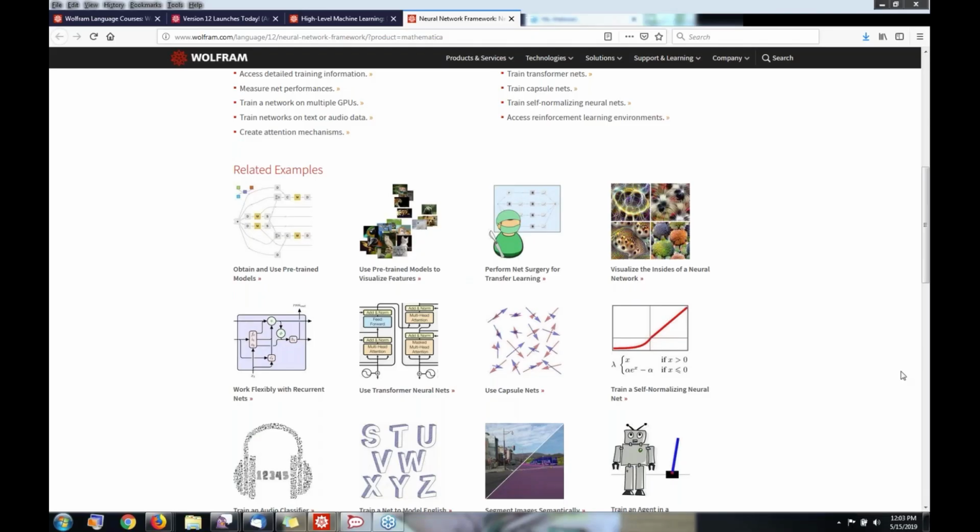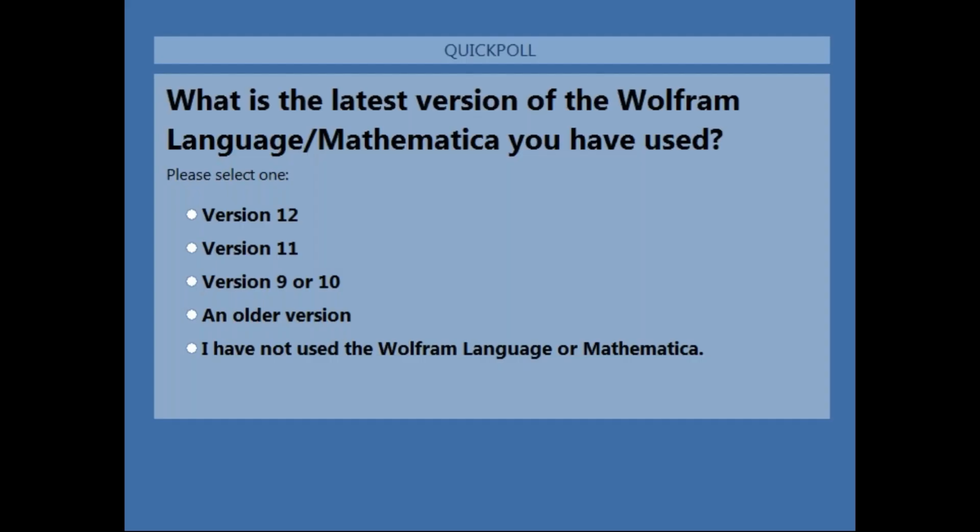The second poll I want to ask specifically about the version of the Wolfram language that you are using. The neural net framework was introduced in version 11. So it'd be good for us to get a feeling for who's here, and if you've seen the neural net framework before, how much of this functionality is brand new to you. So once again, when this poll question shows up on your screen, go ahead and give us your results, and we appreciate your responses to this question as well.